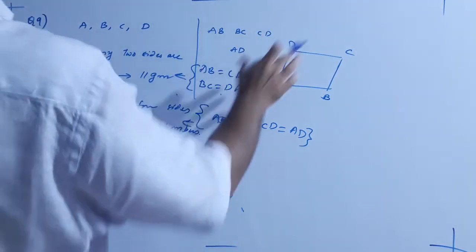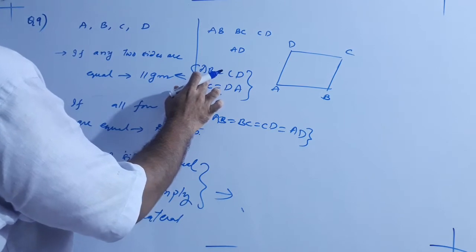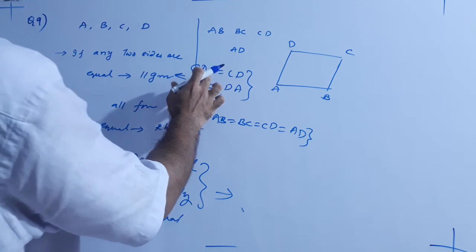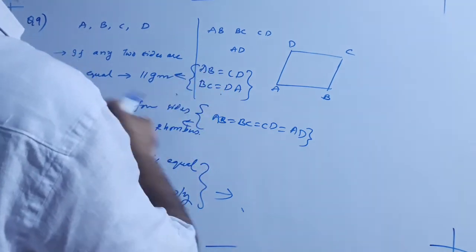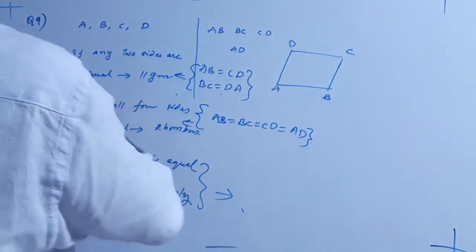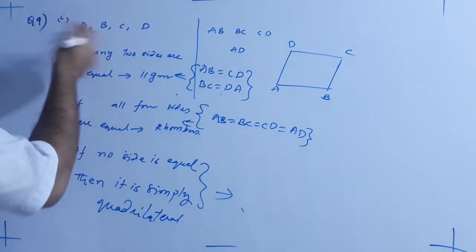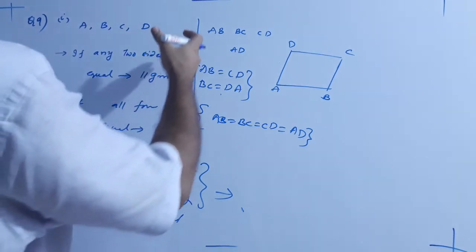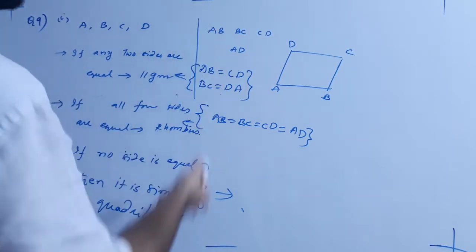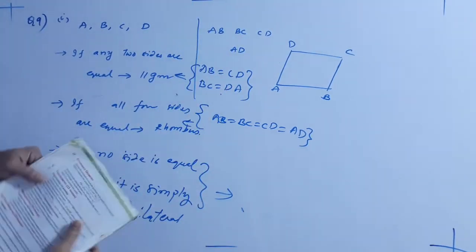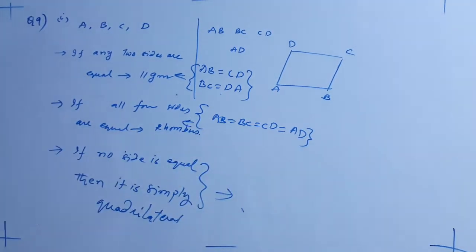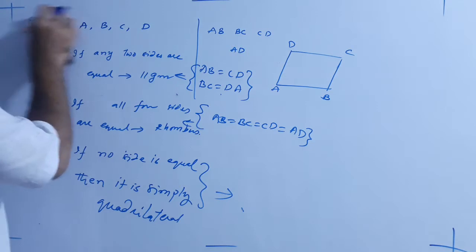So you know how to find distance. We have solved a number of problems on finding the distance between two points using the distance formula, and this is also about distance. So altogether you have 3 bits. In each you are given points, and using those points you have to find distances AB, BC, CD and AD, and use these hints to check which type of quadrilateral it is. Okay, and we'll go for solving problem number 10.